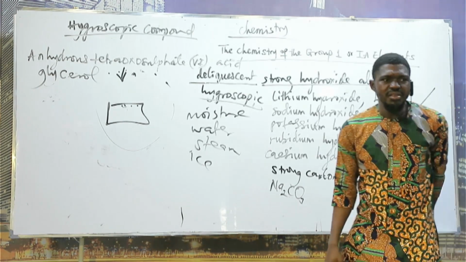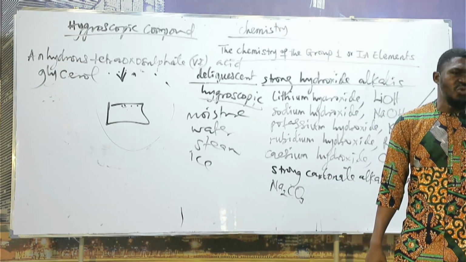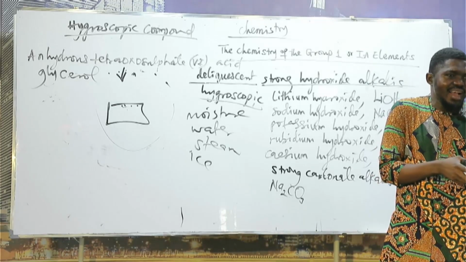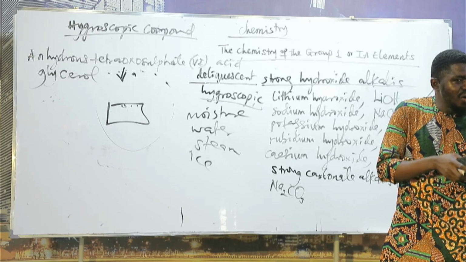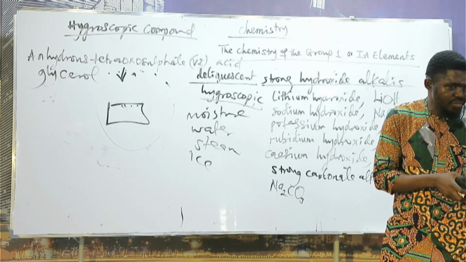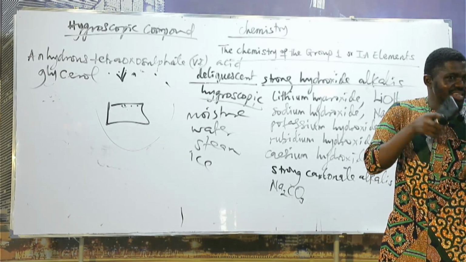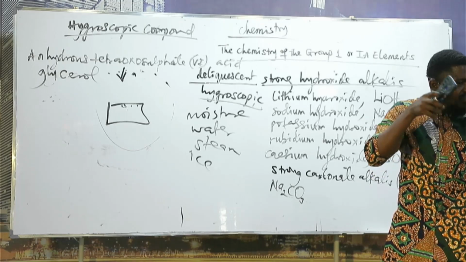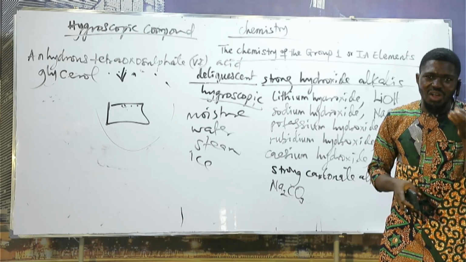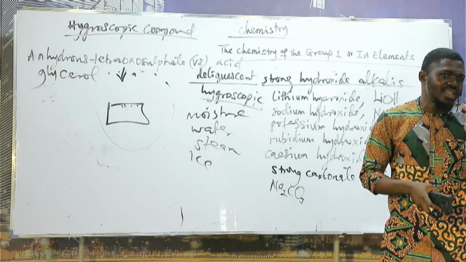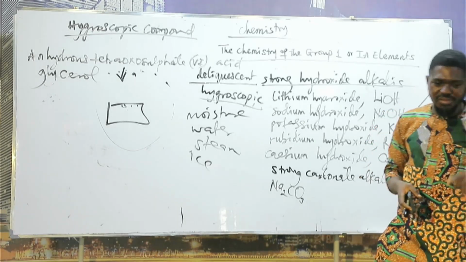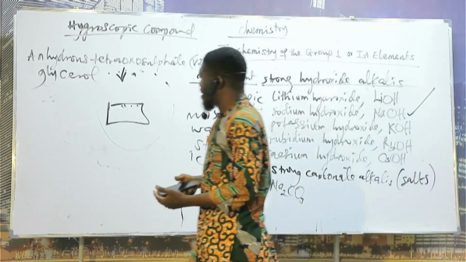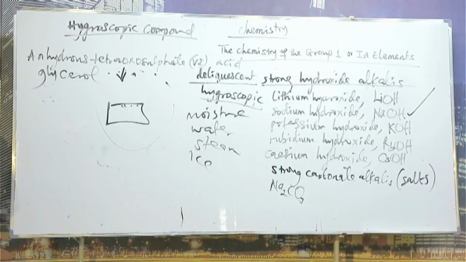So you can see, if a compound is deliquescent, it means it has low vapor pressure. And again, it is very soluble in water. If these two conditions, these properties are absent, then count that compound out as deliquescent. Now, you can think of any deliquescent